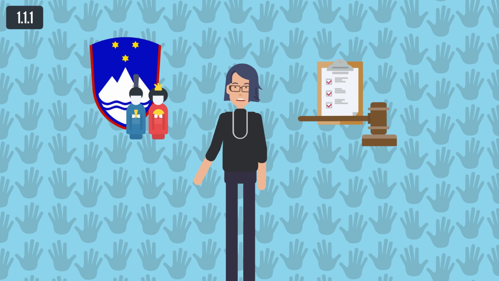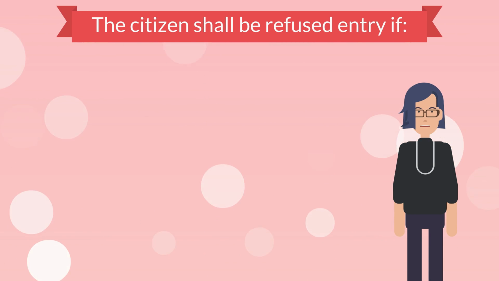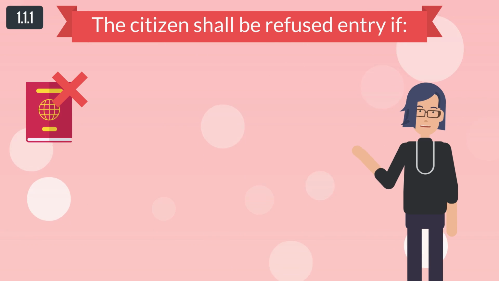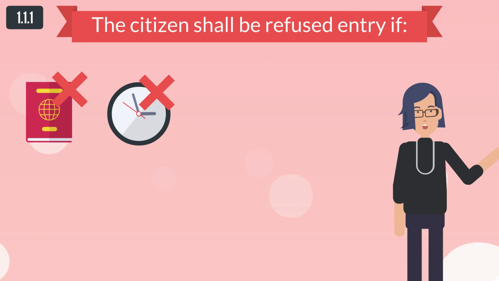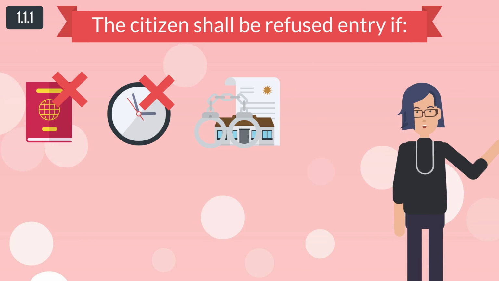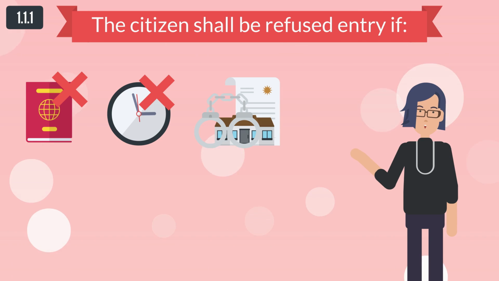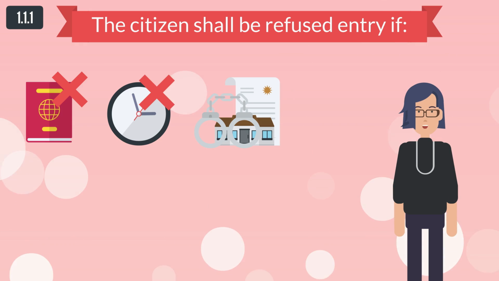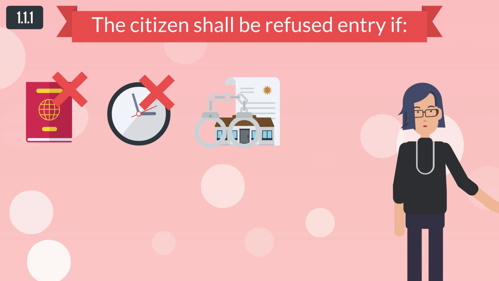He can leave the Republic of Slovenia with a valid identity card or valid passport. The citizen shall be refused entry if he does not have a valid identity card or a valid passport, if the period has not yet passed for which he has been denied entry into the country, or if his residence in the Republic of Slovenia would pose a threat to the public order, security or international relations of the Republic of Slovenia, or if there is a suspicion that his stay in the country will be connected with the conduct of terrorist acts or other acts of violence, illegal intelligence activities, production or trafficking in drugs, enforcement of